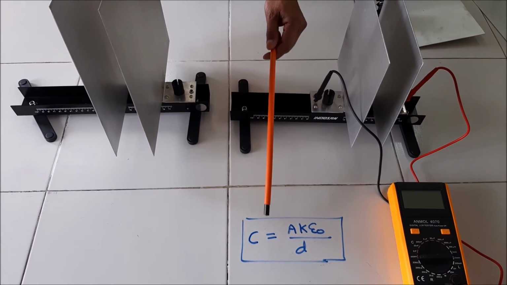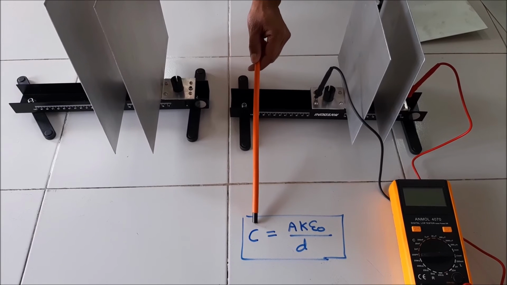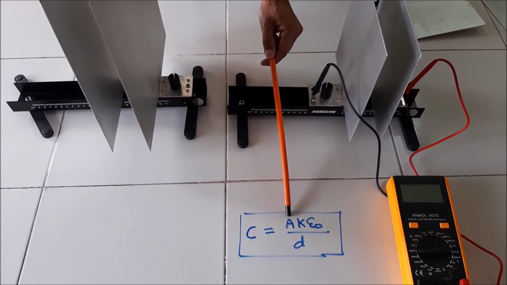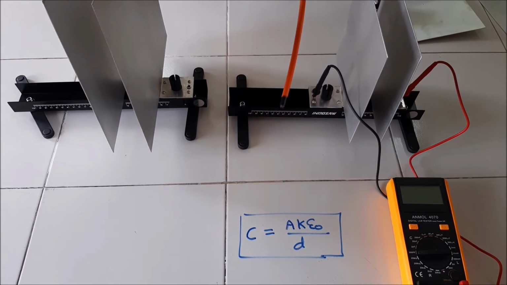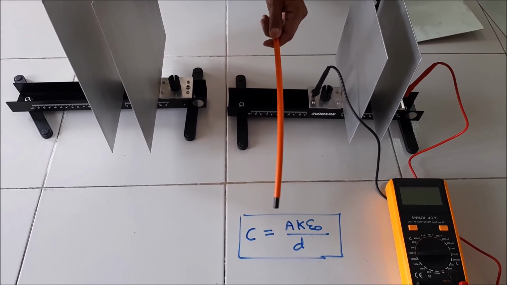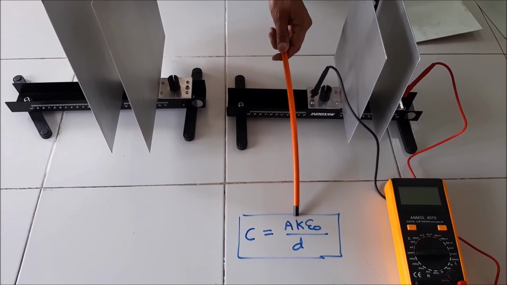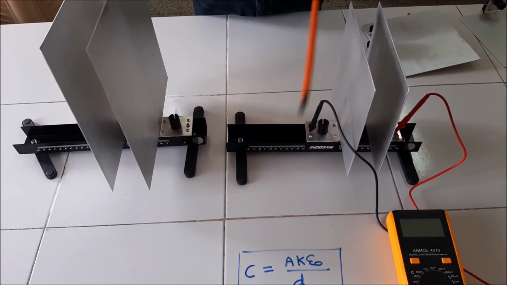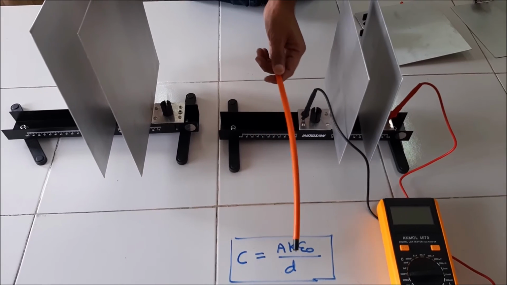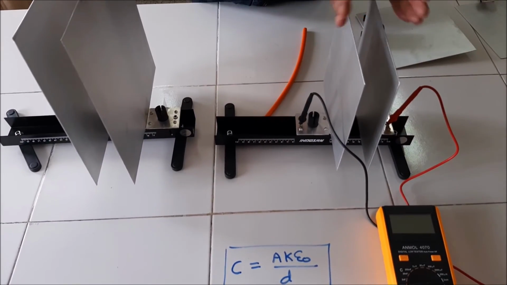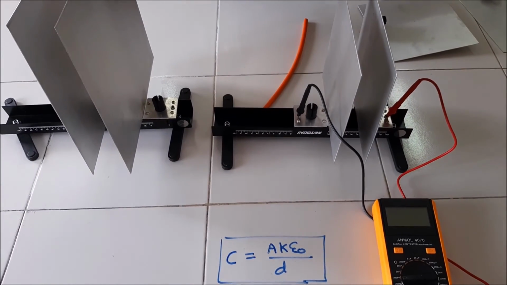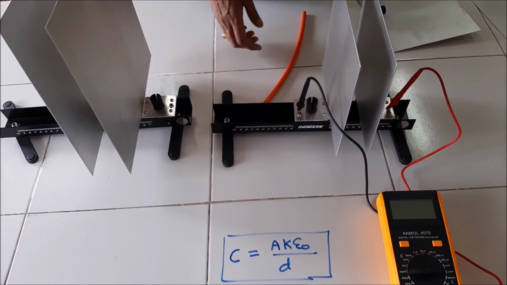From this formula, it is clear that capacity of a capacitor is directly proportional to A. Means when cross-sectional area increases, capacity increases, and when we put the dielectric media between two plates, its capacity increases. But when the distance between both plates decreases, capacity increases. Experimentally, we observe that